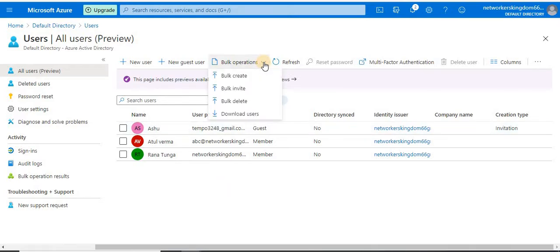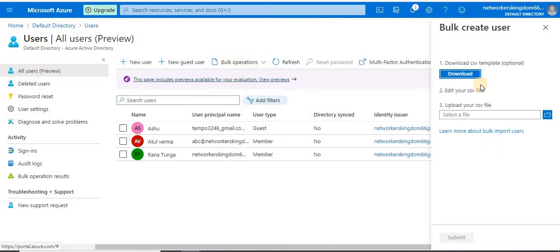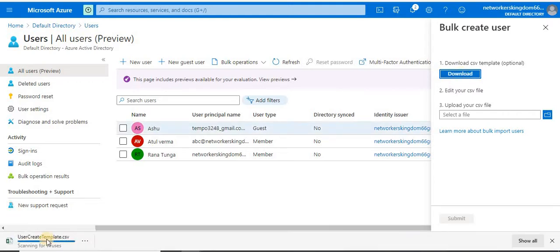Bulk operations. So basically I can create user accounts in bulk. Let me show you how. Just click on bulk create. It is asking to download one CSV template. Let's click on it. Okay, user create template, it is downloaded. Let me click.